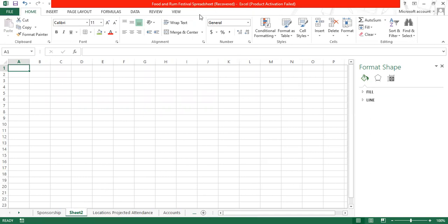All right. So we're going to go ahead and I'm going to start in cell A1 and type in the field names that are supposed to be in the sponsors table. First thing we're told to put in is the unique sponsor ID. So I'm going to put in sponsor ID. Use the tab key to go over. Sponsor ID, name of organization,